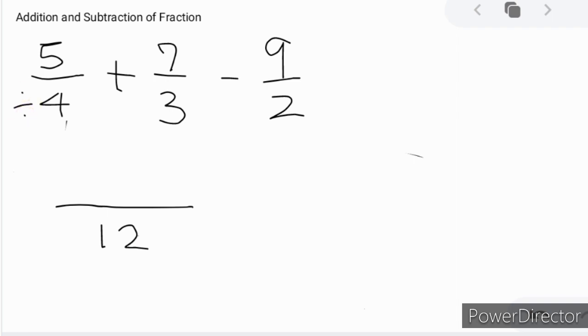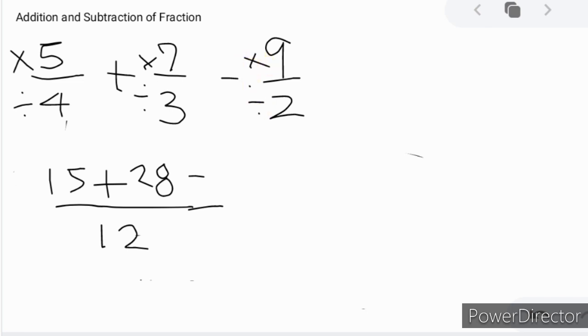Now I want to introduce this concept, divide and multiply. So in order for us to get the value of the numerators, 12 divided by 4 times 5 is 15. Then 12 divided by 3 is 4 times 7 is 28, minus 12 divided by 2 is 6 times 9 is equal to